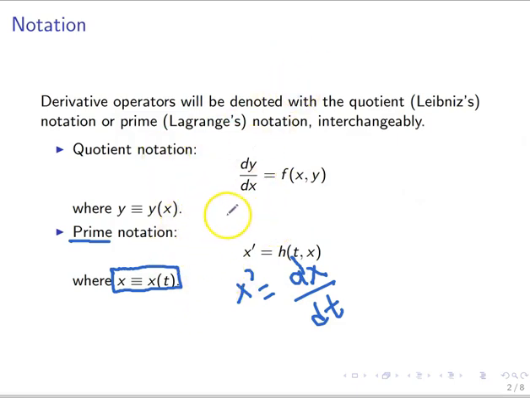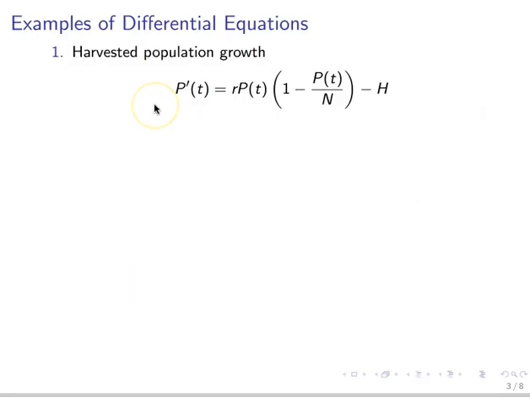But we're simply trying to refresh our mind with two types of notation for derivatives. One of them is called the quotient notation for derivative, and the other one is prime. And we're simply emphasizing that it's important that we are clear which is the variable of differentiation when we're reading derivative information. Now let's